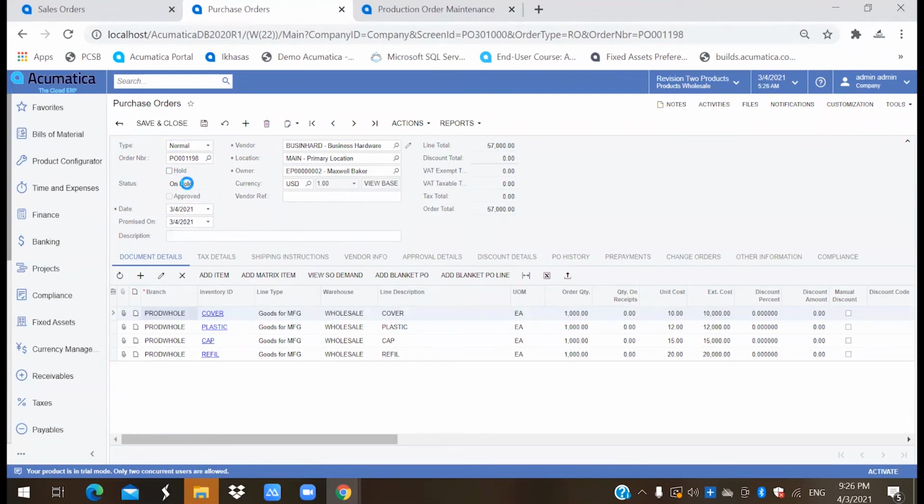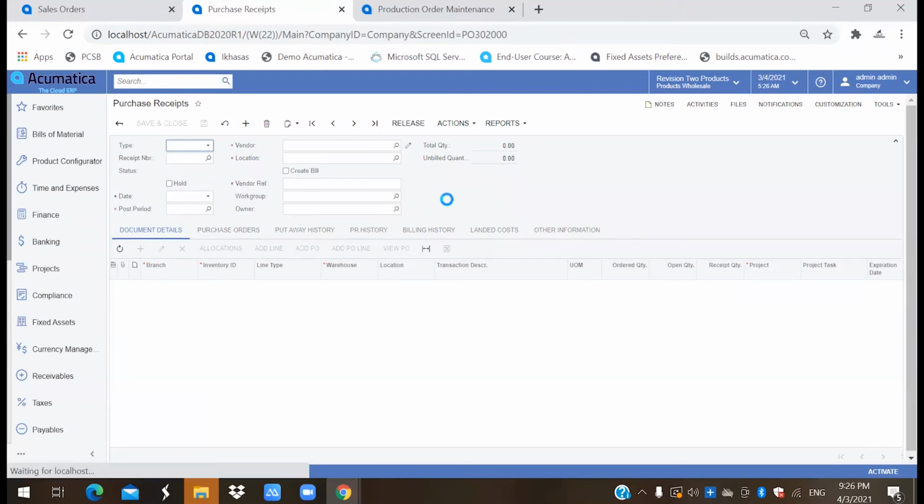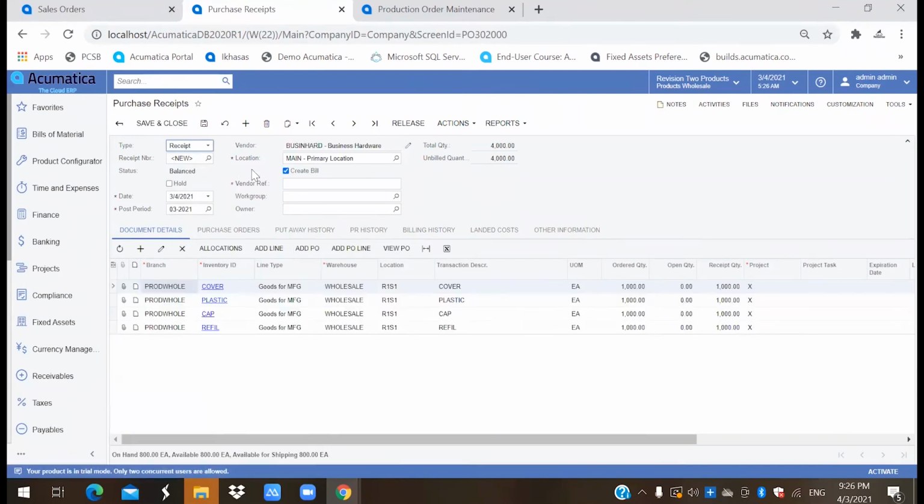We'll unhold our order and save it. An approval process has already been set on this purchase order, so we need to approve it. Once approved, we can proceed to the purchase receipt. I'll release the purchase receipt document.